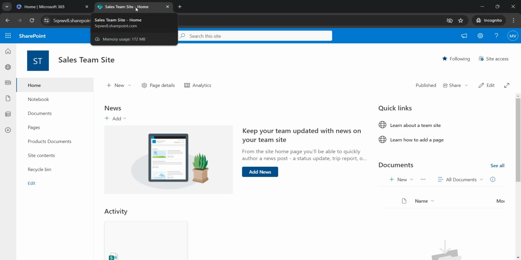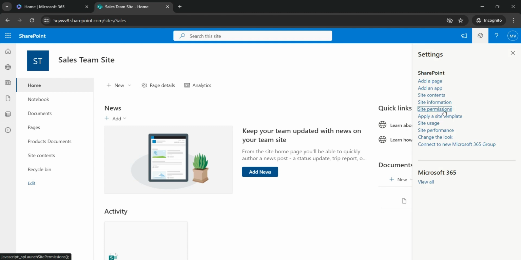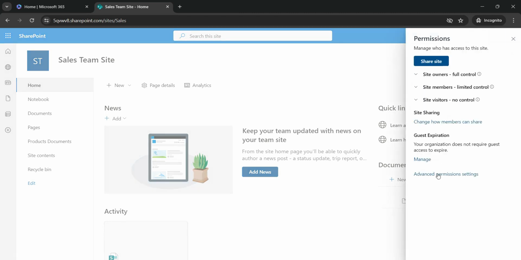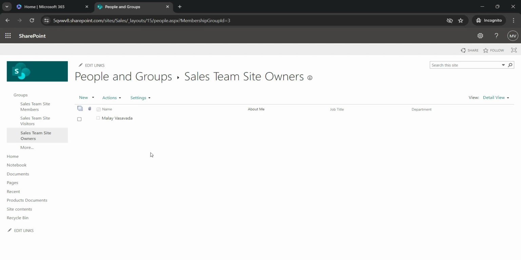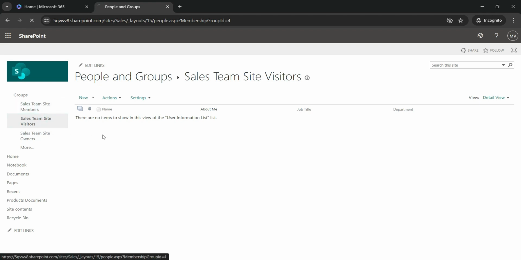Now let's take a look at the group membership. Hit the gear icon, click on site permissions, click on advanced site permissions, and we have three groups. Let's go ahead and check what do we have inside group. So in the site group, it's only me. In the owners, in the visitors, we do not have anybody, and in the members also we do not have